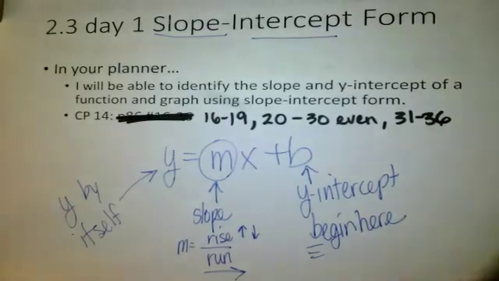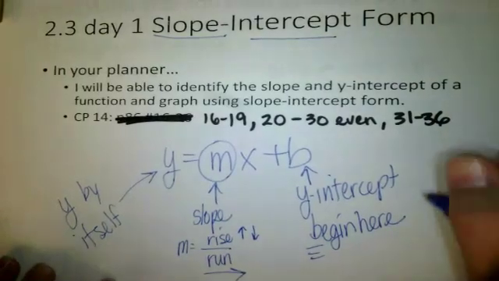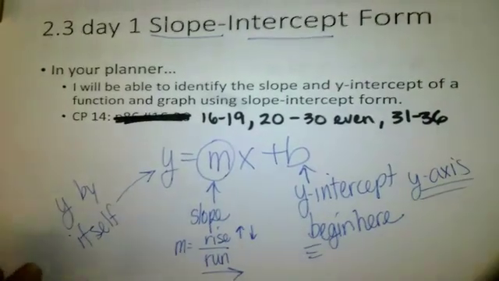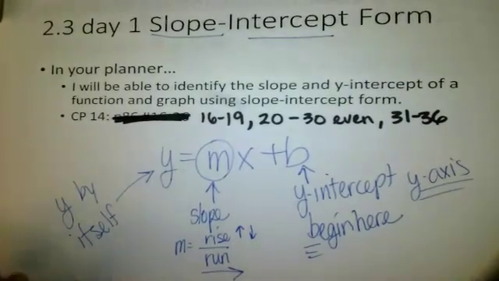So when we use slope-intercept form, we want to make sure that we begin at the y-intercept, and that would be on the y-axis. Common mistake is people put things on the x-axis, but we want to make sure that we start on